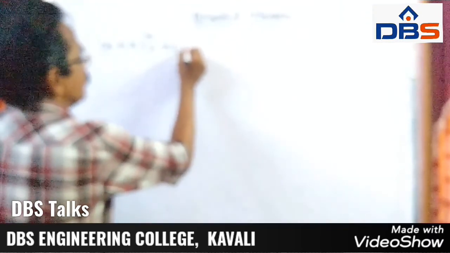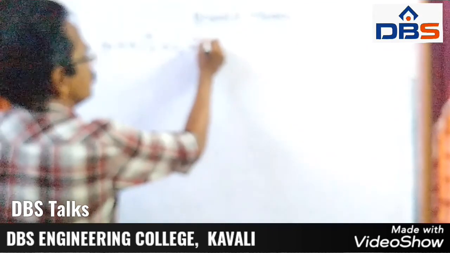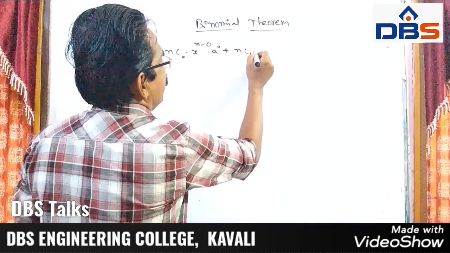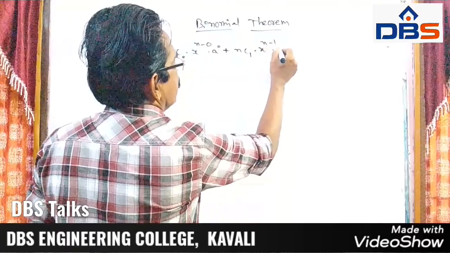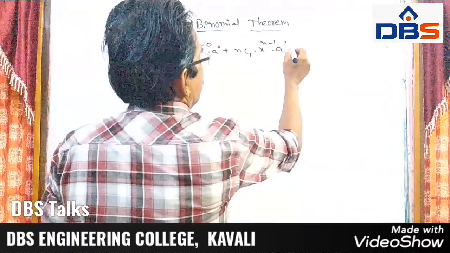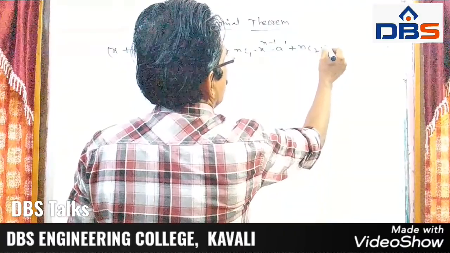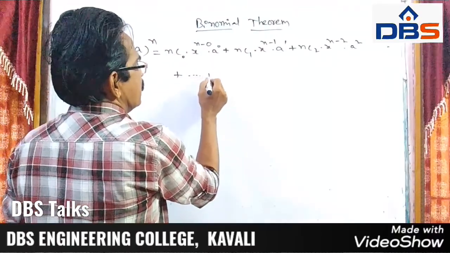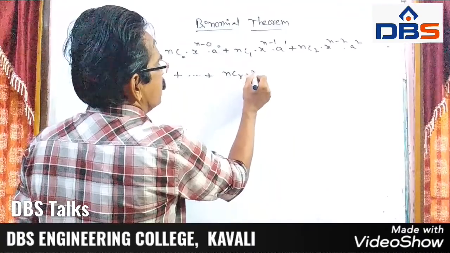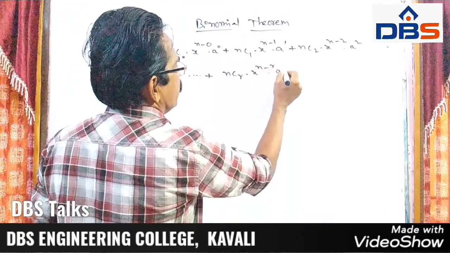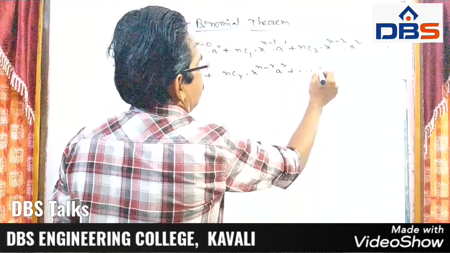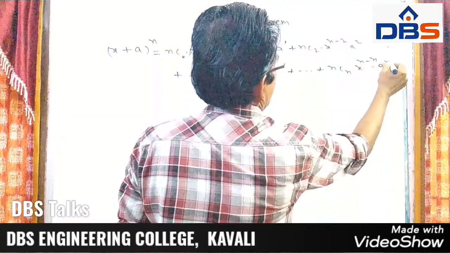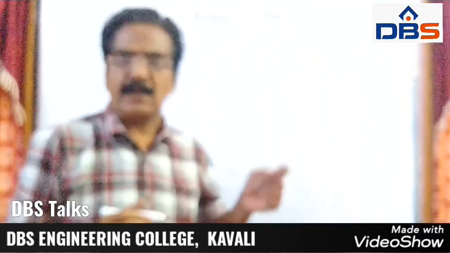As you know, NC0 into x power n minus 0 into a power 0, plus NC1 into x power n minus 1 into a power 1, plus NC2 into x power n minus 2 into a power 2, plus NCR into x power n minus r into a power r, plus NCn into x power n minus n into a power n. This is the binomial theorem expansion,